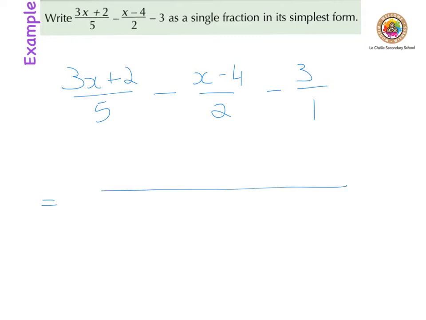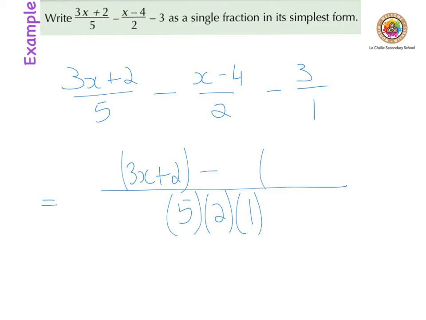Now, my method for adding and subtracting fractions is that you take all the denominators, so 5, 2, and 1, and you place those on the bottom. You rewrite each term on top, so (3x plus 2), and you put brackets around it, minus, and here the next one, minus (x minus 4), and again with brackets around it, minus, and 3, and with brackets around it. And each time,